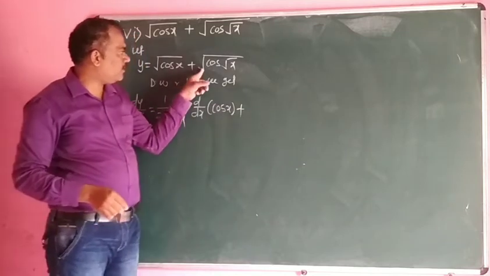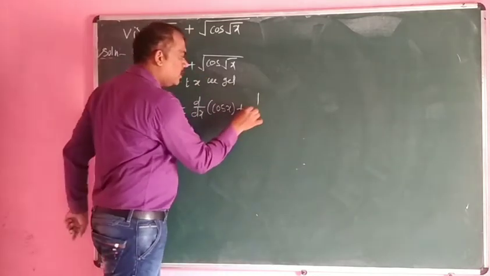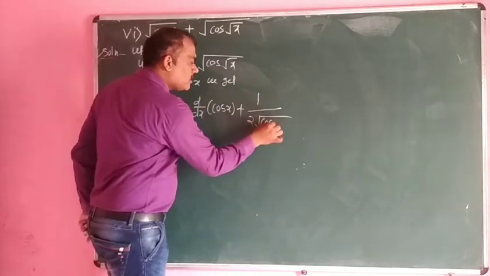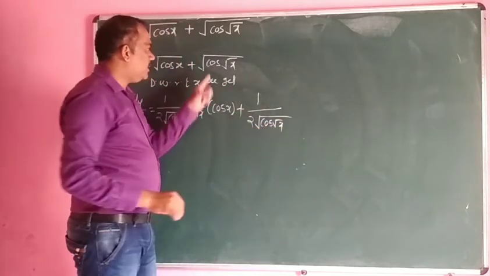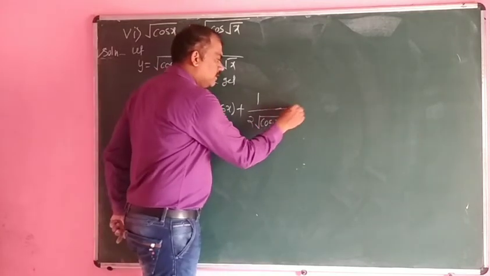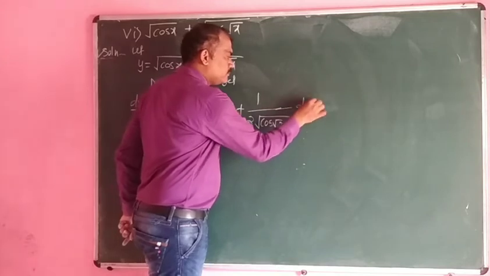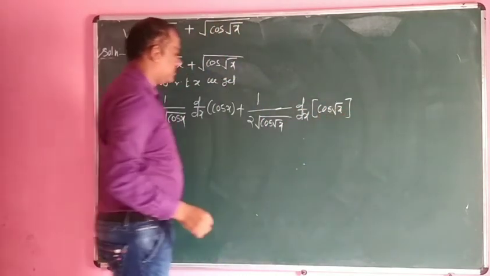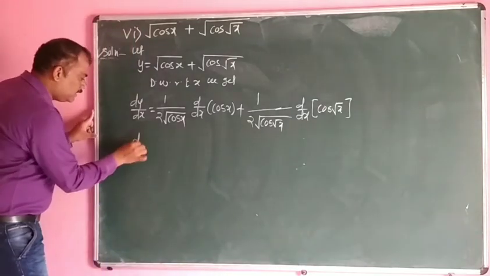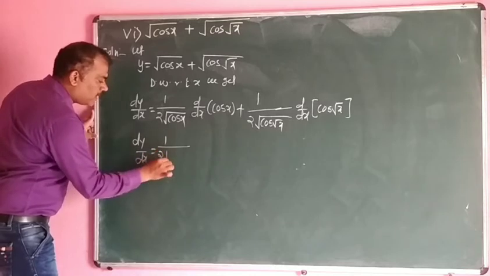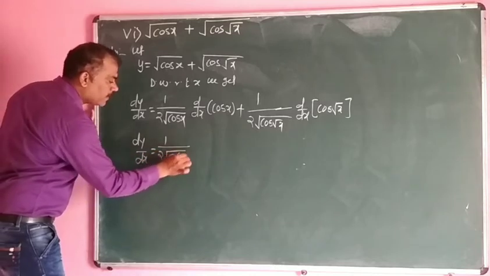now we have to take the derivative of this root. What is the derivative of root? That is 1 upon 2 times root x. Instead of x we can write cos of root x, into, now we have to take the derivative of cos of root x, d dx of cos of root x. That is dy by dx is equal to 1 upon 2 times root of cos x into,